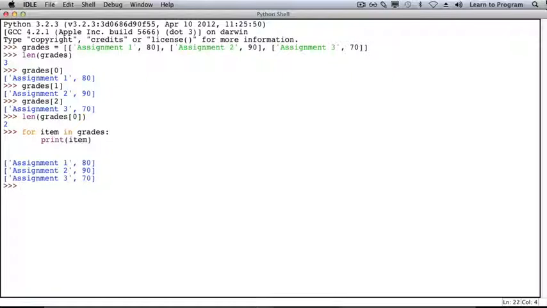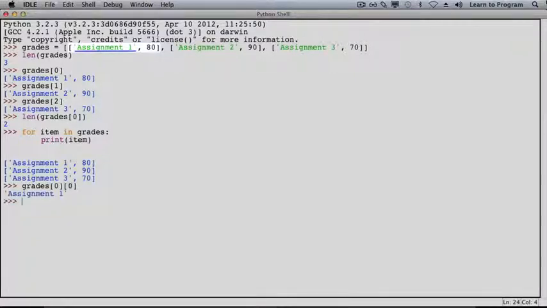Since each item of grades is a list, it can also be indexed. So the list at index 0 gives a 2-element list with string assignment 1 and grade 80, and we can use a second index to access each part. So grades at index 0 and index 0 is assignment 1, and grades at index 0 and index 1